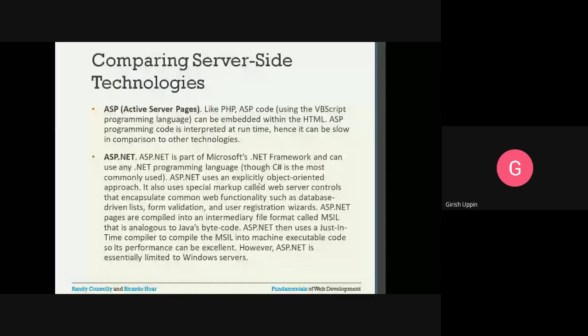ASP.NET is compiled into an intermediate format called MSIL. So whenever we compile, it will create intermediate code, and intermediate code can be executed on any .NET framework. That is similar to Java.